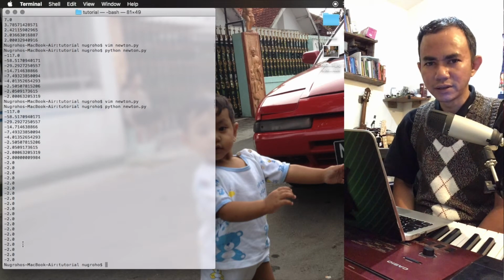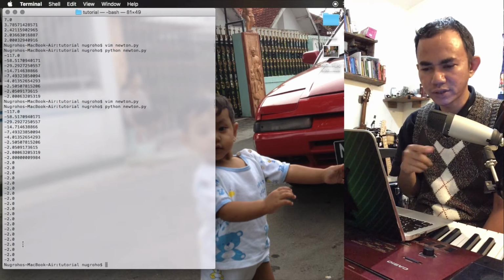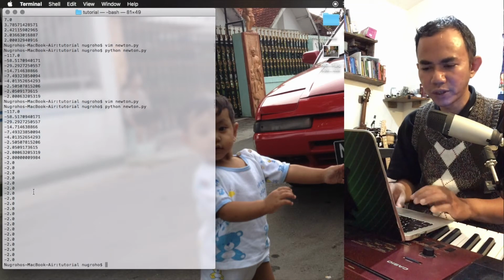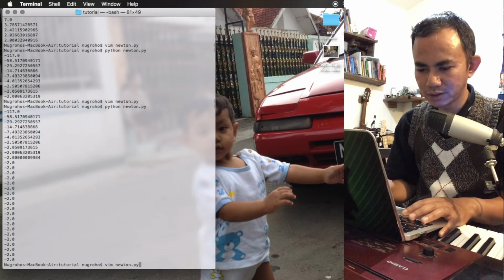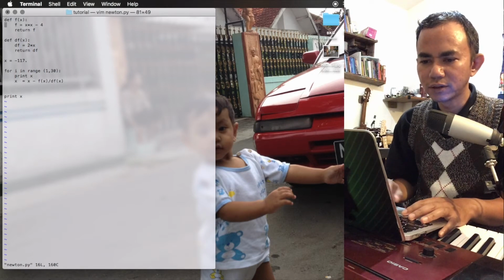How will we get out from the iteration? If we reach this point, we'll use break. Okay, let's use that. We'll make a new condition inside this iteration.